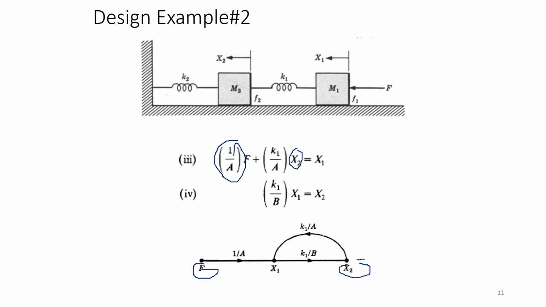To arrive at x1 you will be taking that as a feedback and it is taken as k1 by a, and x1 is directly getting connected to x2 and it is getting multiplied by k1 by b, so it is taken as k1 by b. Right,